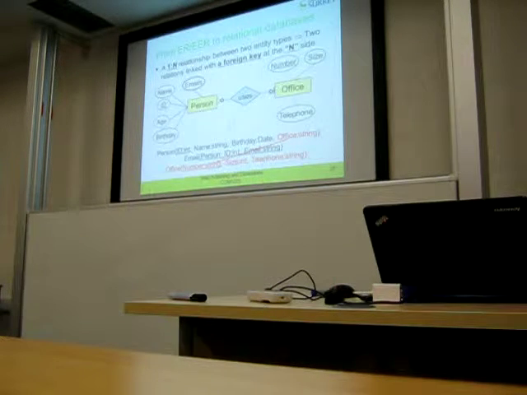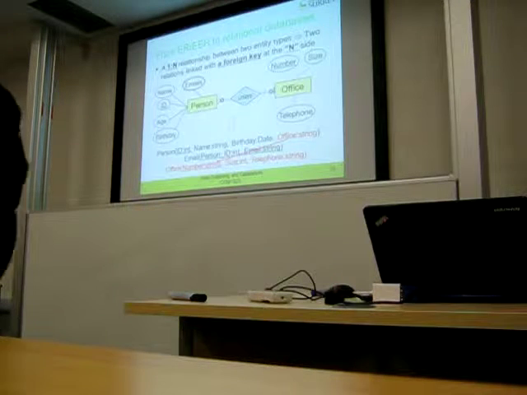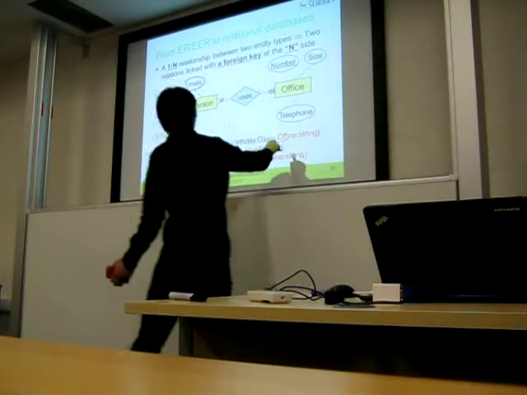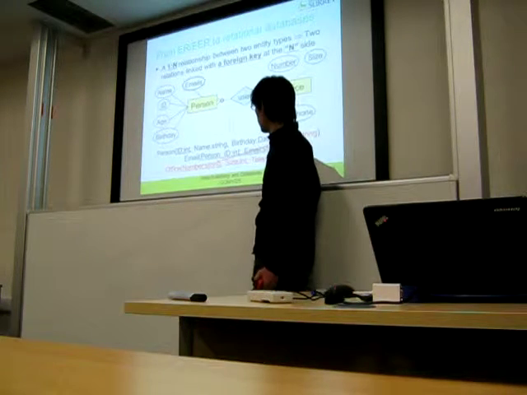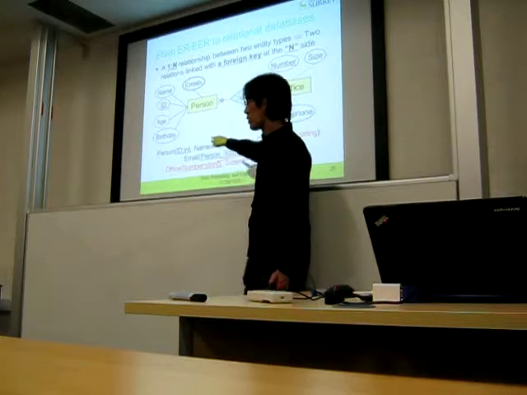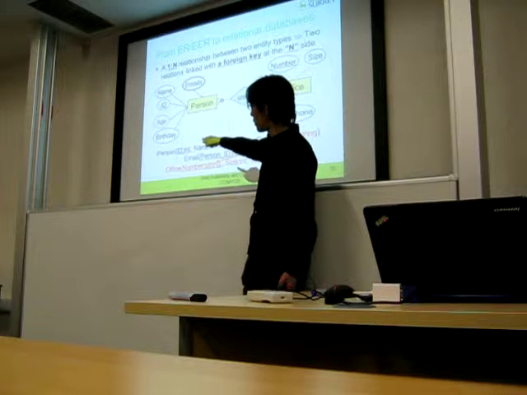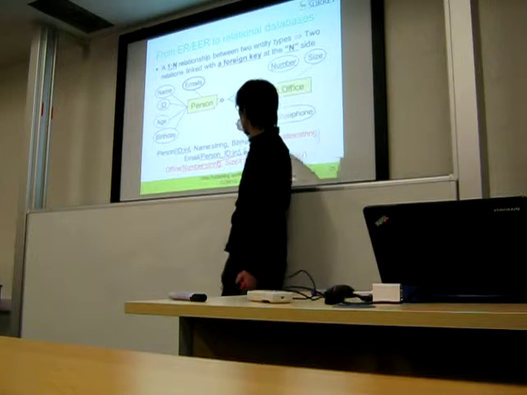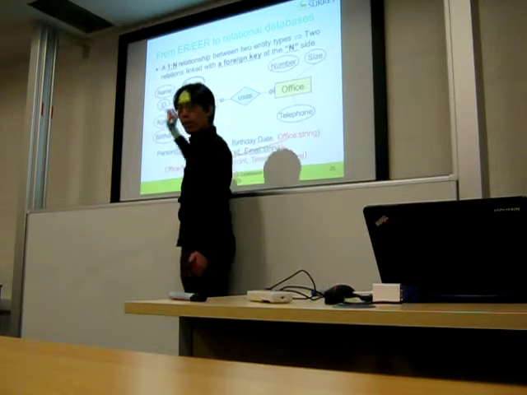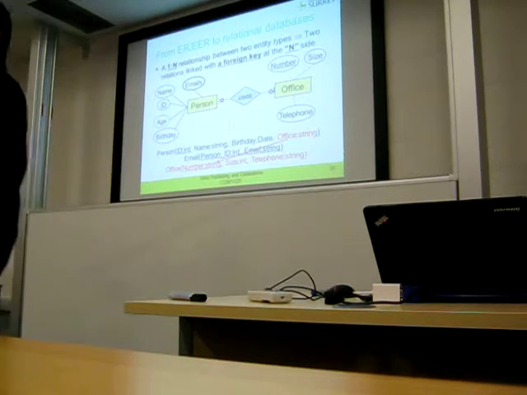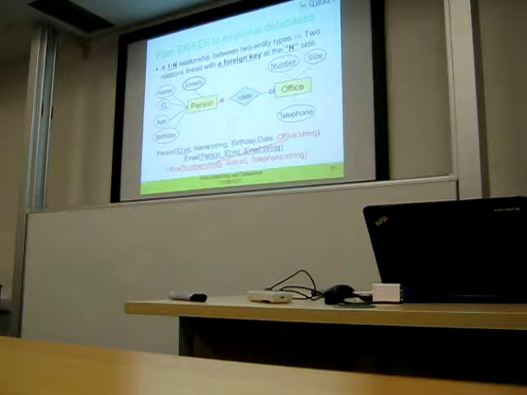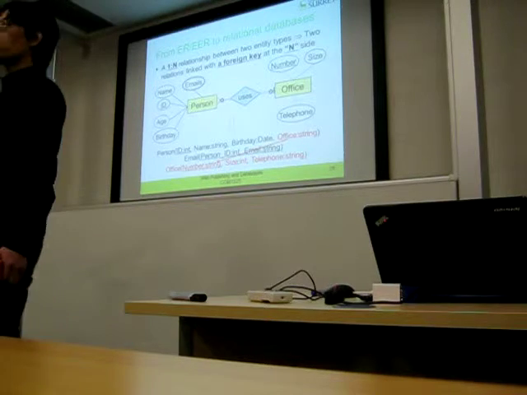Which means you add an attribute to the side such that many persons can have the same office. Many persons can have the same office, which is what's represented in here. Which is a little bit kind of, if you don't think of any concrete example, it would be hard to remember. So don't try to remember the